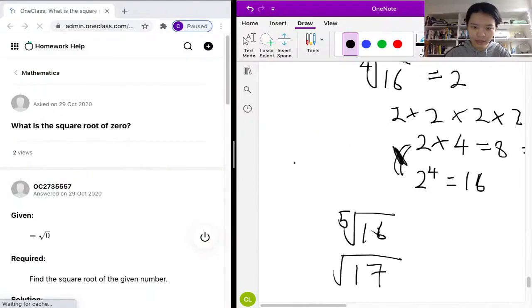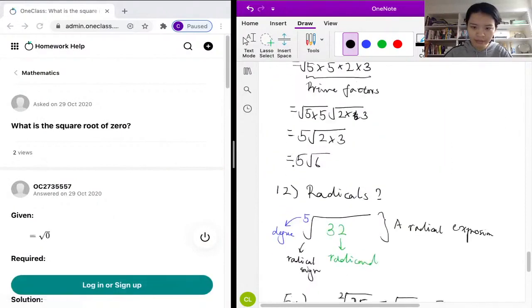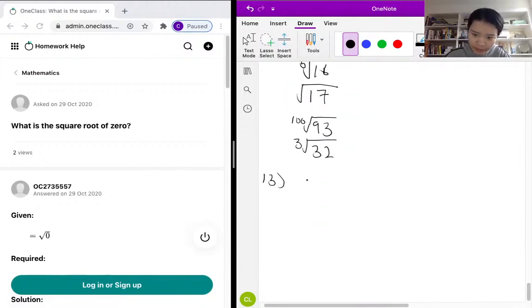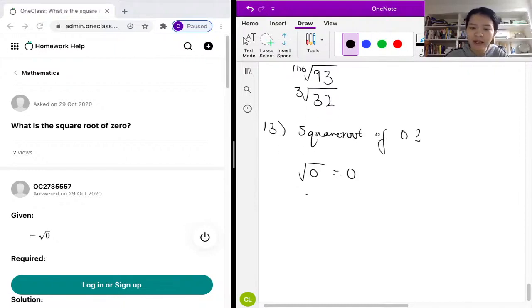It's asking us what is the square root of 0. The square root of 0 is just 0, because again, as we talked about before, the square root of